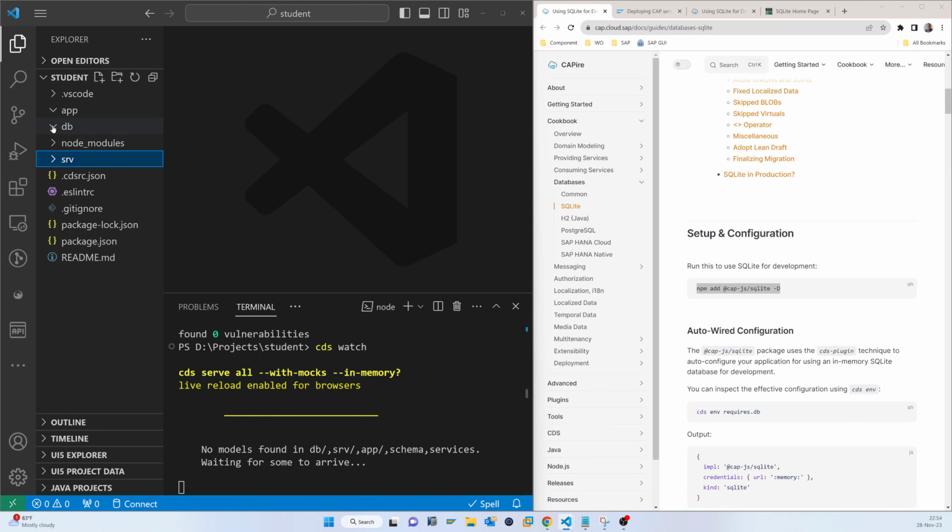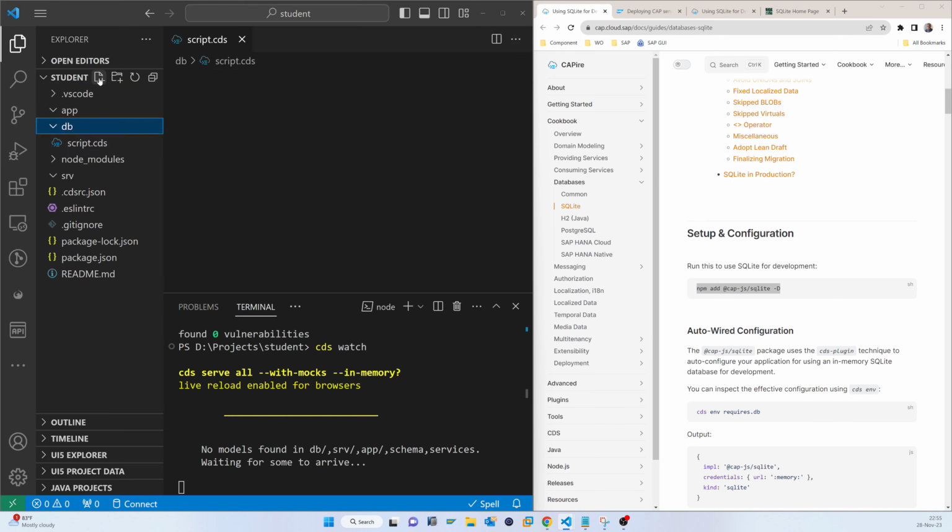So like here, sorry, so now you can see that this is divided into 4 parts. When we prepare any app, it will be stored in the app folder, and all database related things will be stored in the database, and all service related things will be installed in the service. So now we are creating the script, so we have to create a CDS folder inside the DB. So here, like script